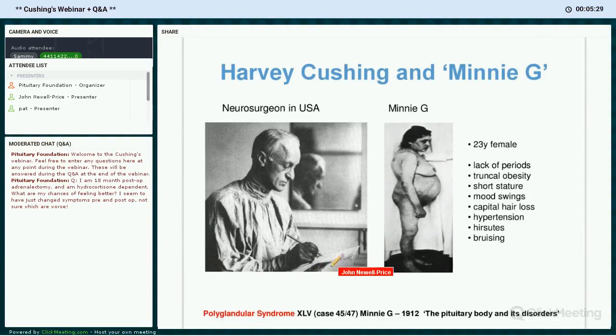And the reason why this condition bears his name is because of this individual here shown on the right. So this is Minnie G. So this is the patient who he described in 1912, having first seen her in around about December 1910. And she presented with features lacking periods. She had obesity